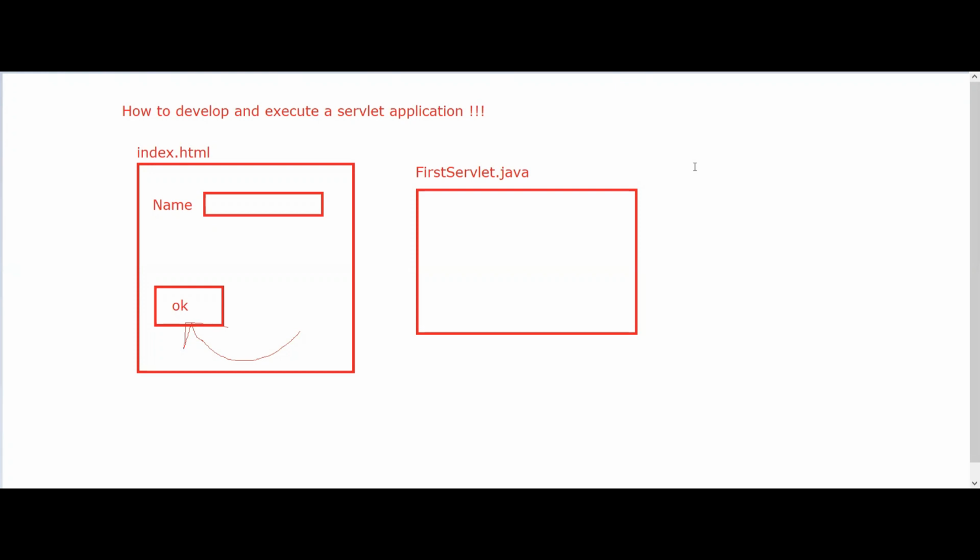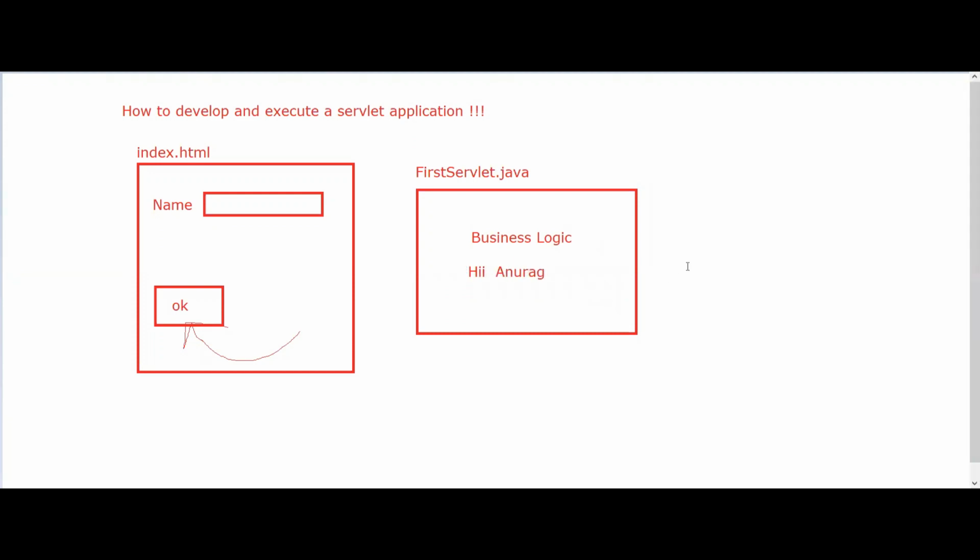When that business logic is executed by the web server, we will get a response, hi Anurag, as output. So this servlet will contain the business logic. Here the output will come, hi Anurag, hi your name.